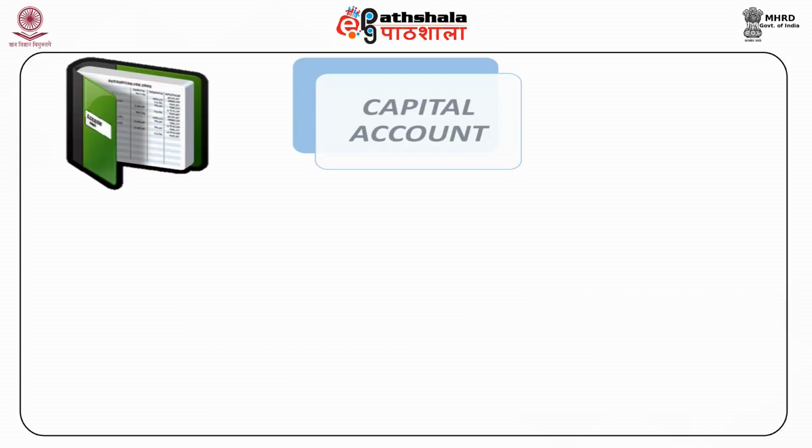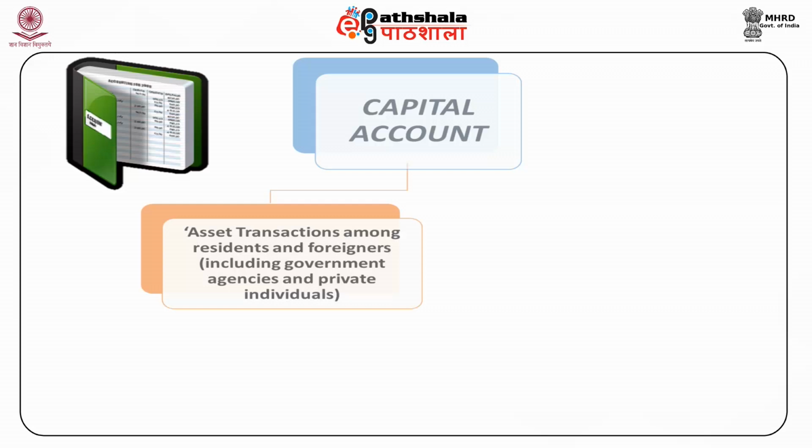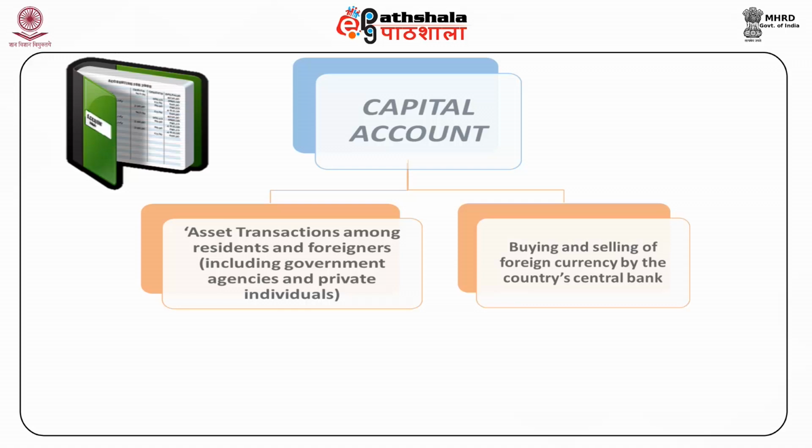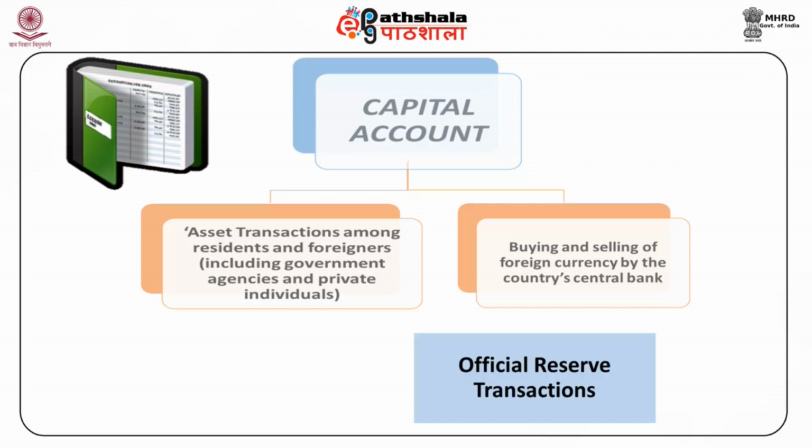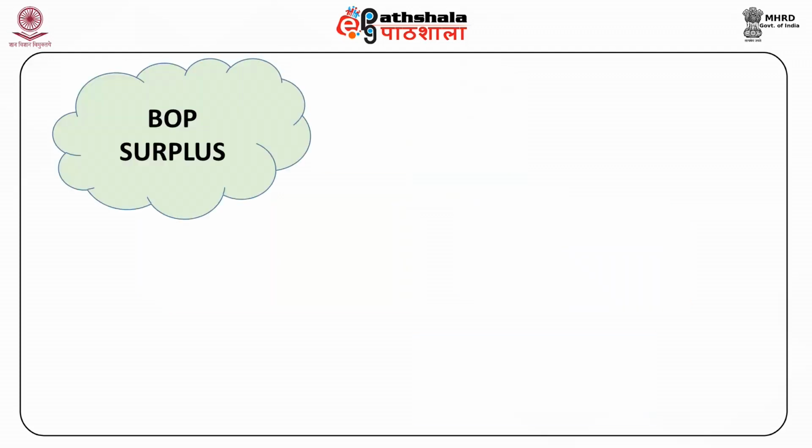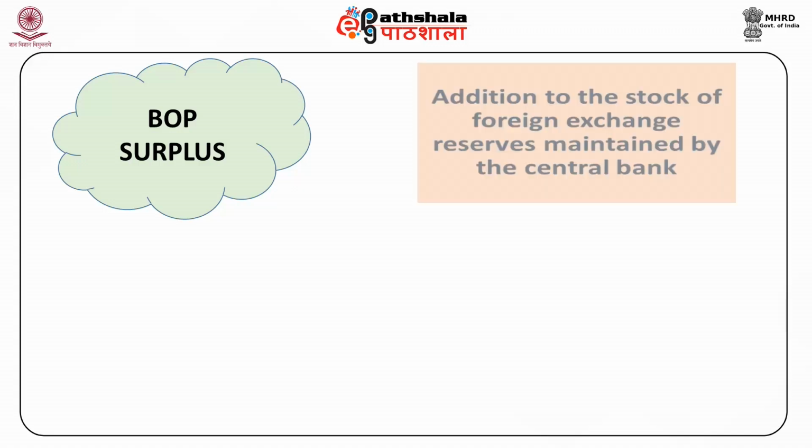To further understand the implications of a balance of payments surplus or deficit, note that the capital account essentially includes two kinds of transactions: transactions among government agencies and private individuals, and buying and selling of foreign currency by the country's central bank. These are recorded separately and are known as the official reserve transactions. With the balance of payment surplus, there is a corresponding addition to the stock of foreign exchange reserves maintained by